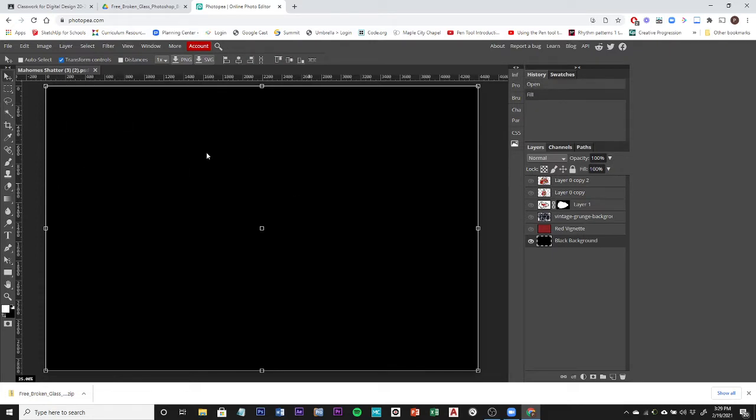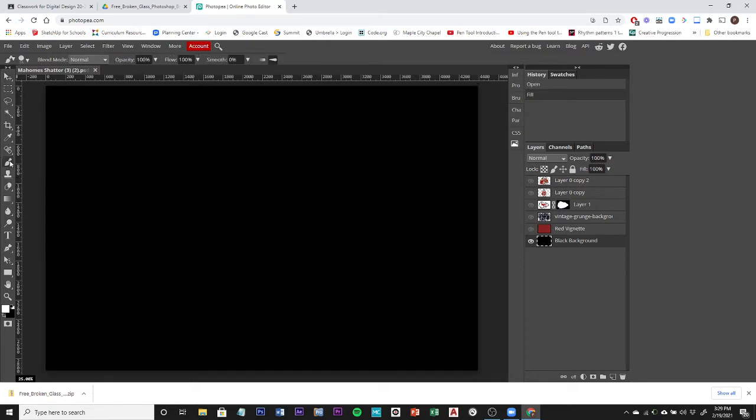It's just the easy way for us to practice using the paintbrush. So the paintbrush tool is found a little ways, a third of the way down the tools list here. So you want to find that, click on it,